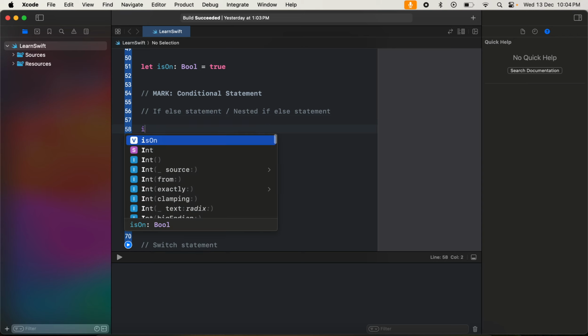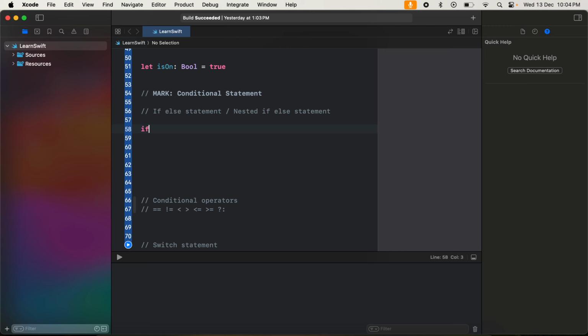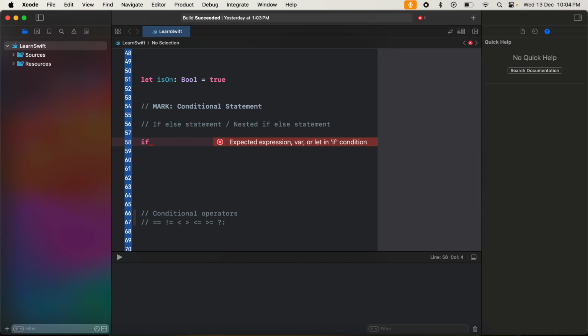So here is the syntax for the if statement. First, in Swift we have a keyword called if, then we can add any condition. In the condition, suppose we have one variable of type boolean, the name is isOn. If we want to check if isOn equals true,